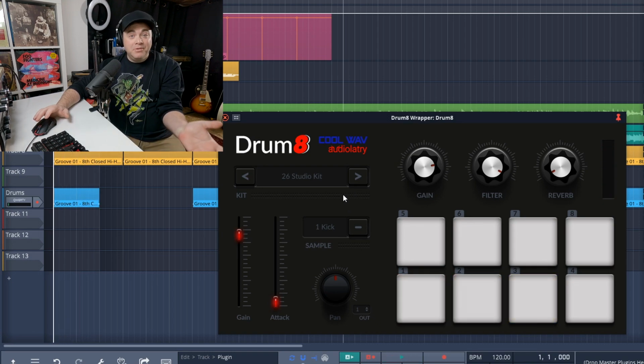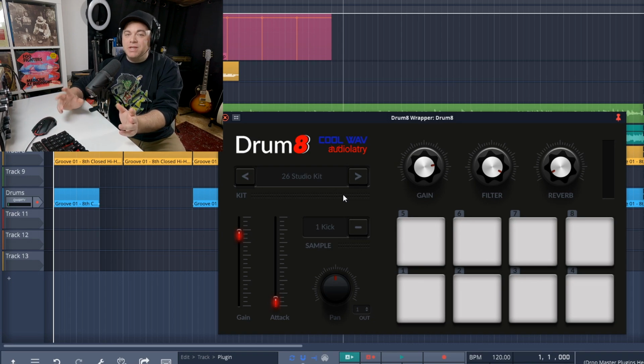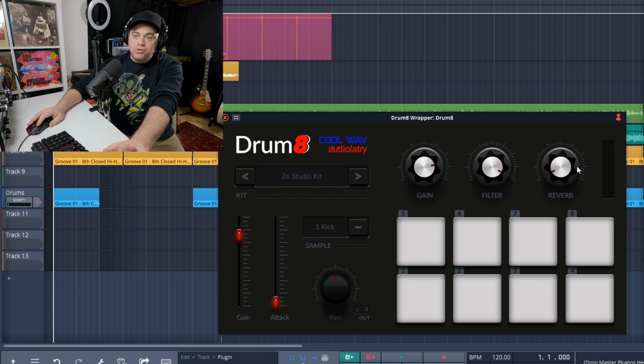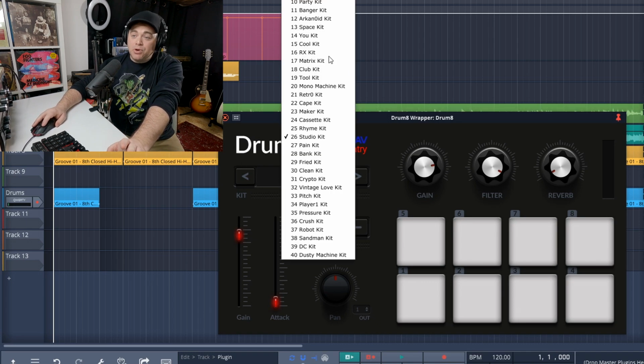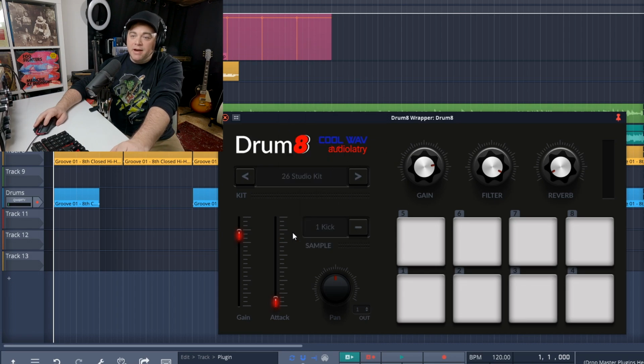All right, so you can see there's a ton of sounds in here, and I'm sure you'll find a kit that suits your needs. Now, let's go over this user interface. So everything over on this side here controls the individual samples, and up here is the global parameters. Now, obviously, this is your kit browser here, so you can click and select whatever kit you want in there. And then down here, this is for the individual samples.